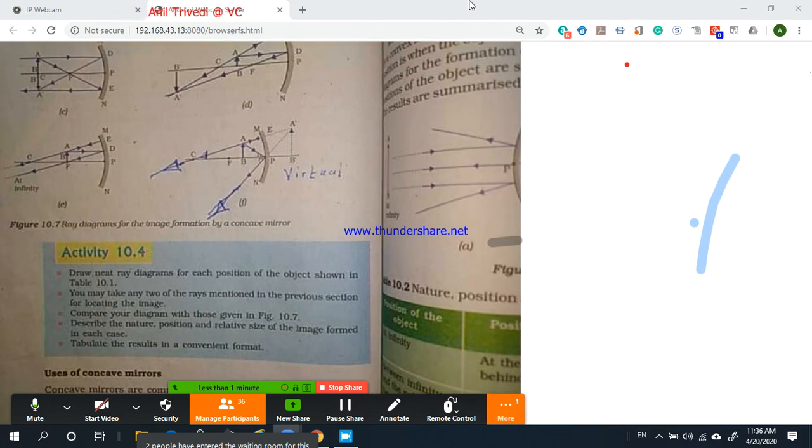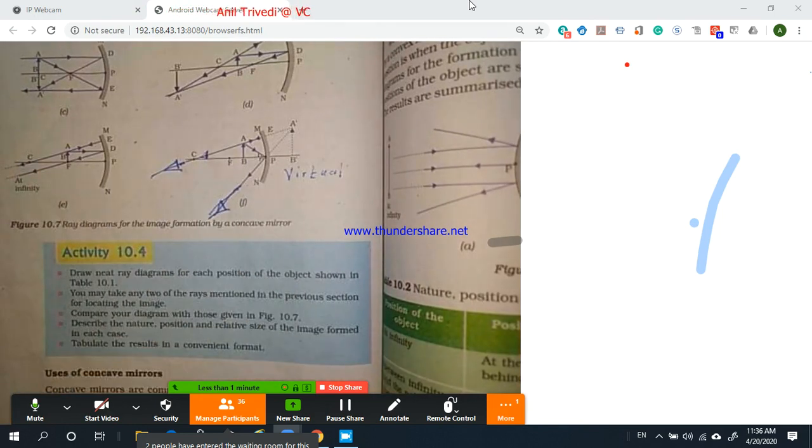Sir, here why have we not taken the parallel line? Yeah, that's possible. I'll show in my next session. I'll draw the same diagram with our conventional method, one ray parallel to the principal axis. Then again it will meet at the same A dash B dash. Again only a virtual image will be formed. Okay.